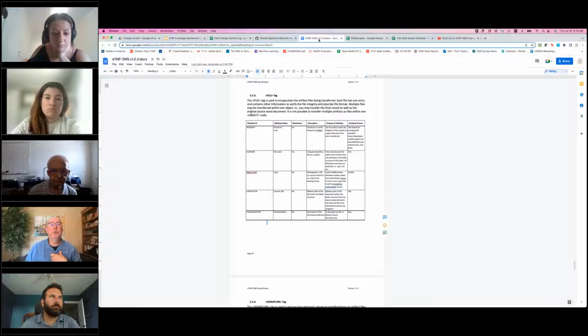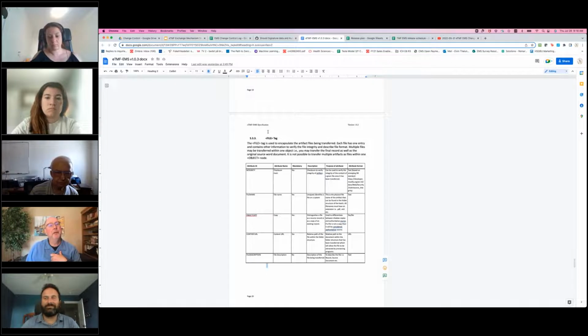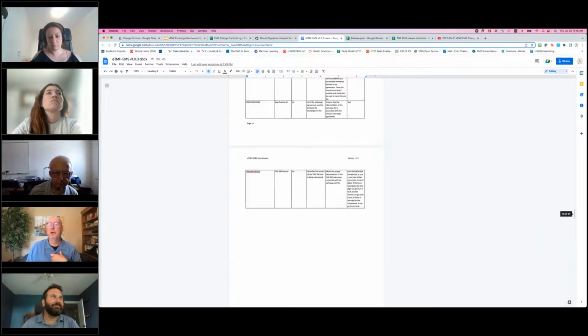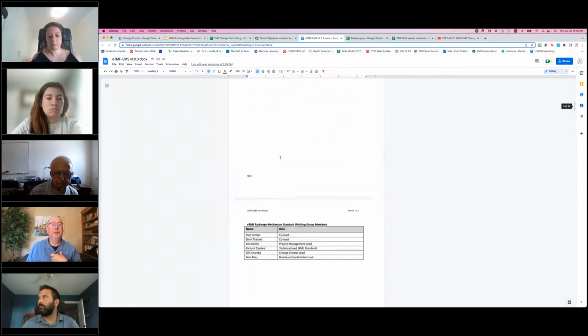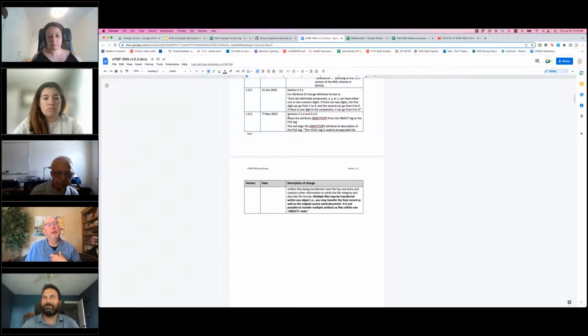I know I'm jumping around a little here. We're back in the specification, and it's probably best to go up and see how it's described in the change history. What we're dealing with here is section 5.3.2 and 5.3.3,